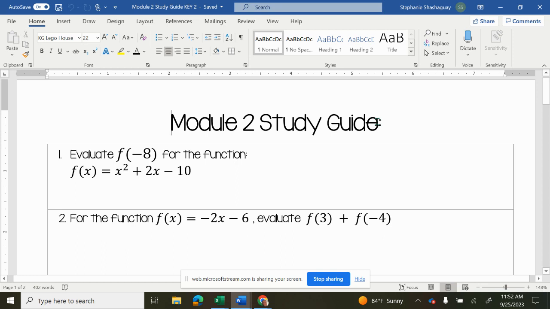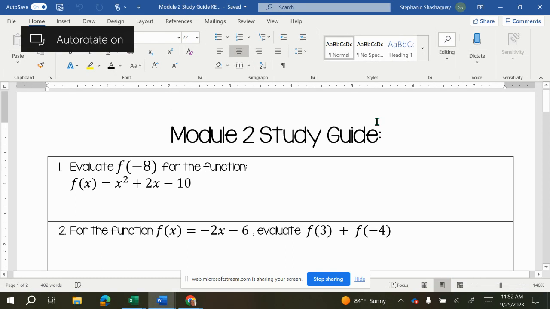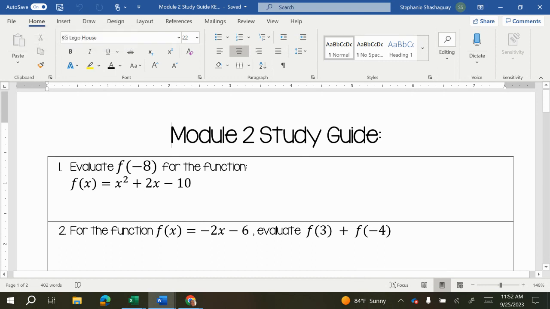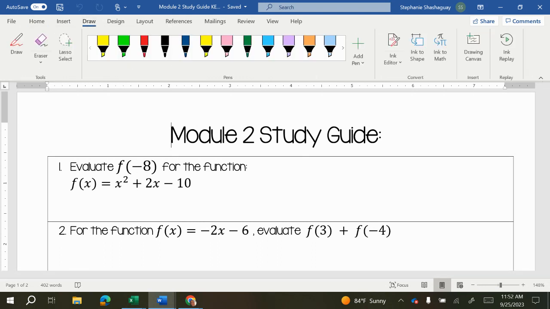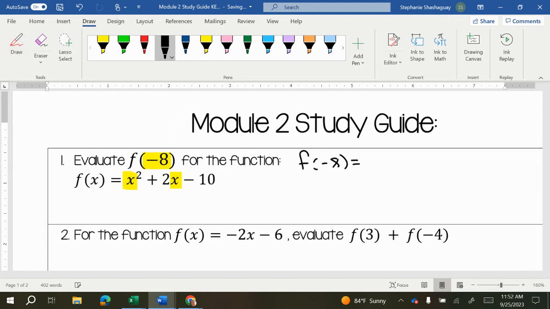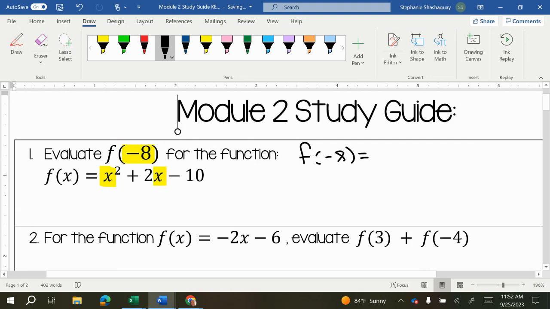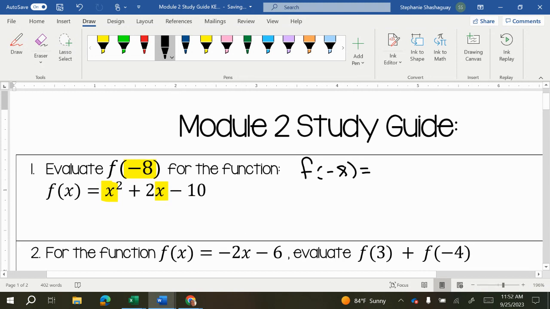All right, so in this video, we're going to go over the Module 2 study guide. First thing we're going to do is evaluate this function, f for -8. So I'm going to take out any place that there's an x, and I'm going to evaluate it for -8. So what that looks like is f of -8 is equal to, and I'm going to zoom in so hopefully my screen writes a little better, is equal to